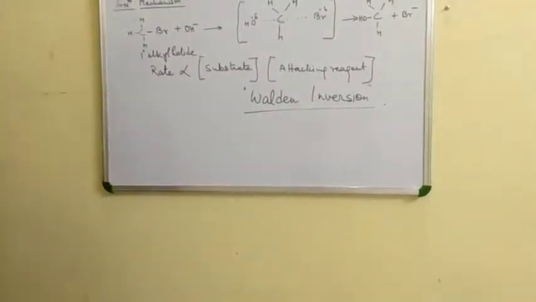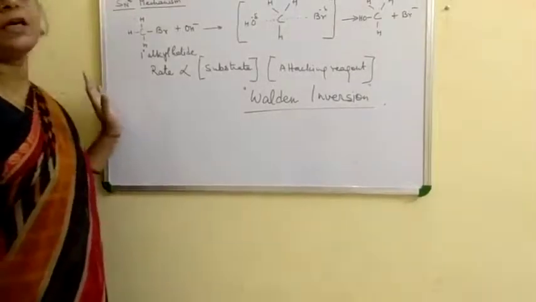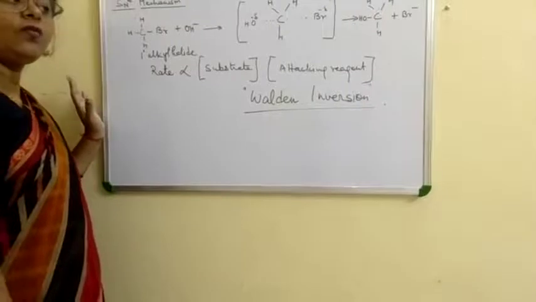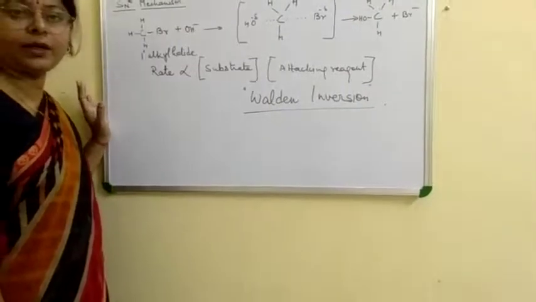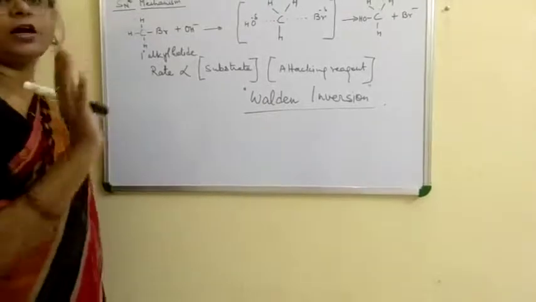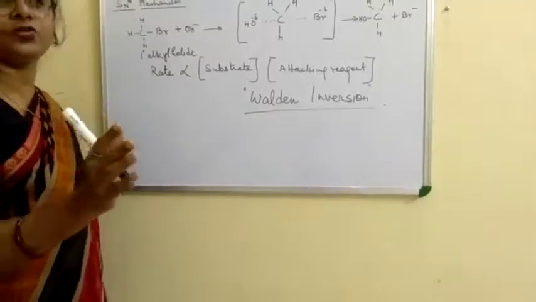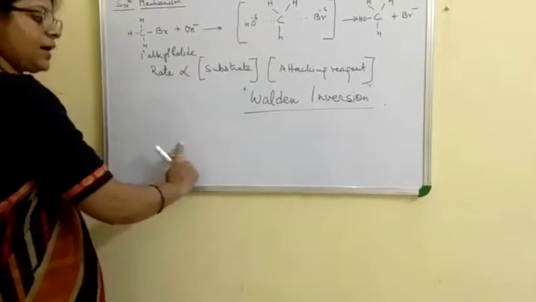Third point is that nucleophile attack takes place from both sides in the SN1 reaction mechanism. As we have seen, a racemic mixture is formed in a 1:1 ratio. The attack of the nucleophile takes place from the back side